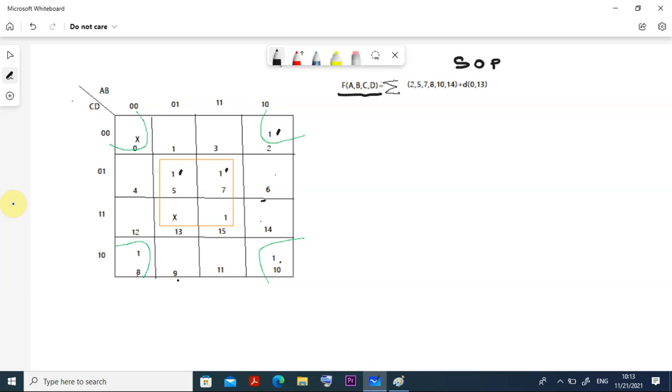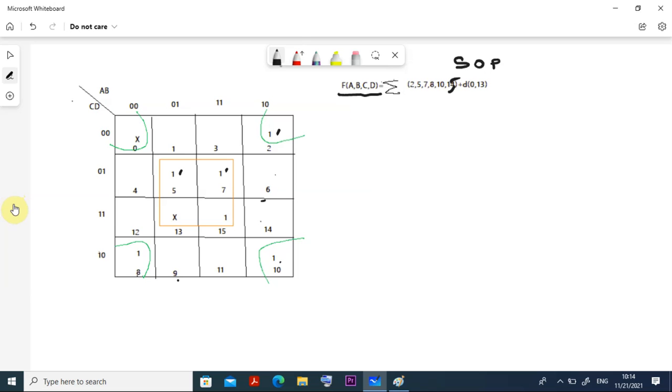And one more thing: after 12, 13, 14 and 15, 14 is not required, rather you need 1 at 15. So make a correction here. At 15 it is equal to 1, right? So these are the things there. But I want some don't care cases.